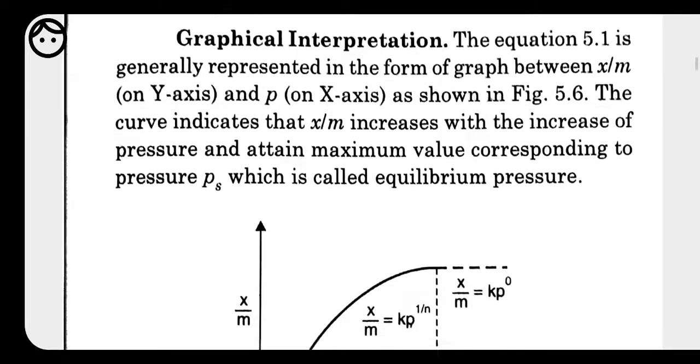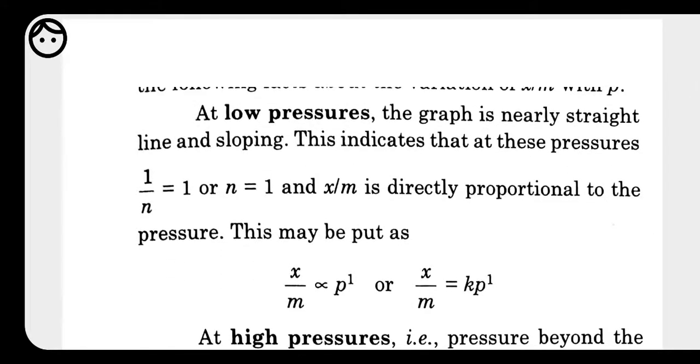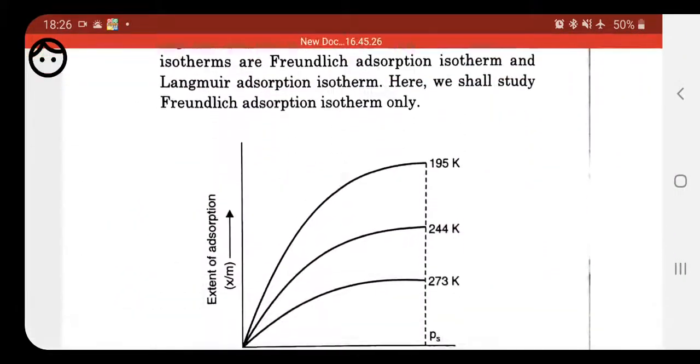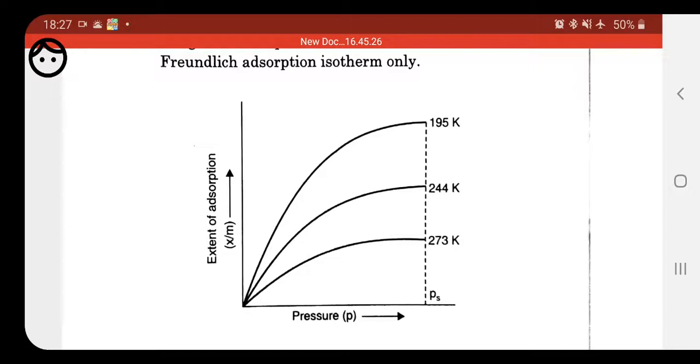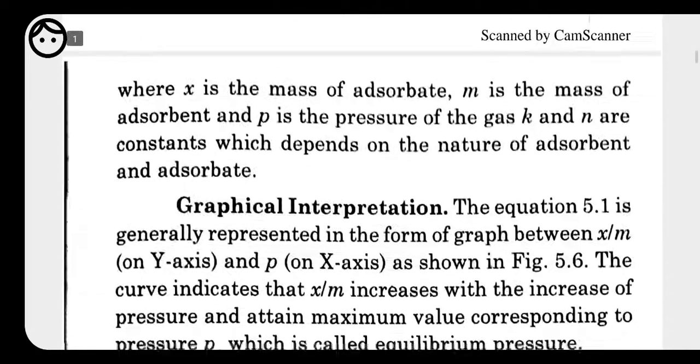See what happened when he took different pressures. At low pressure, the graph is nearly a straight line and sloping. You see in this graph, at low pressure, the graph goes on increasing, meaning when we slowly increase the pressure, the extent of adsorption goes on increasing. So it can be said that the extent of adsorption is directly proportional to pressure, and it could be written like